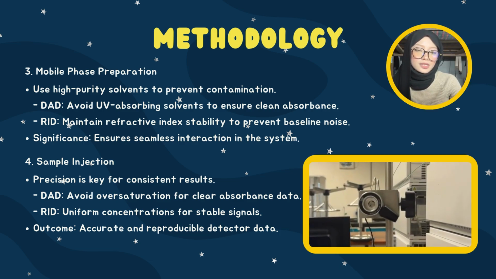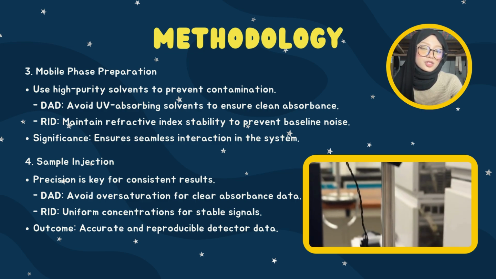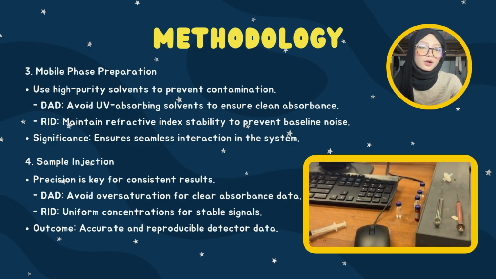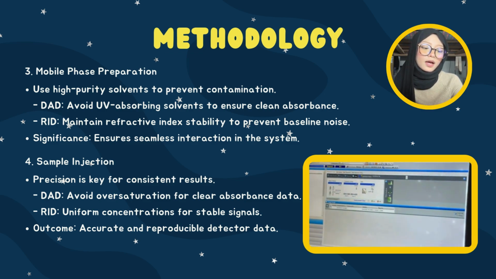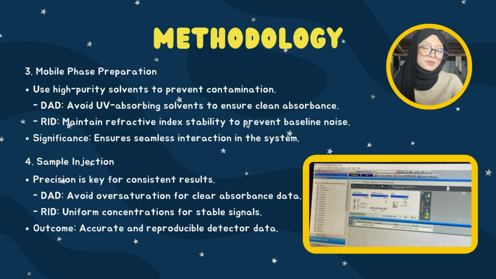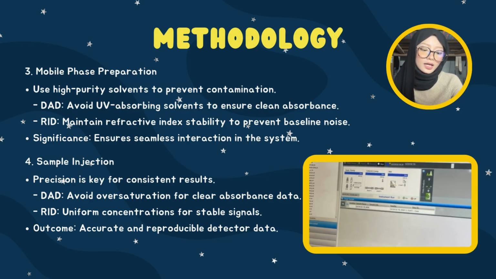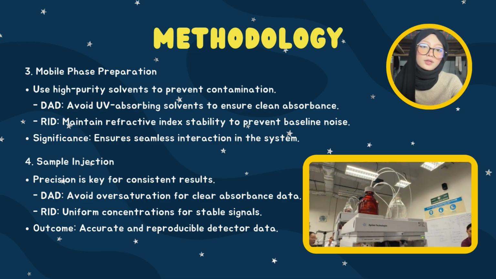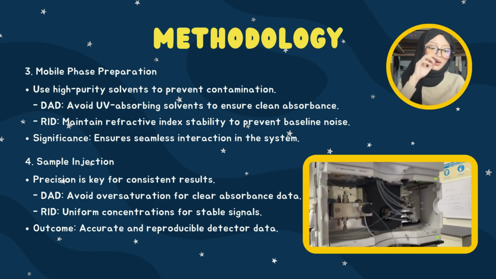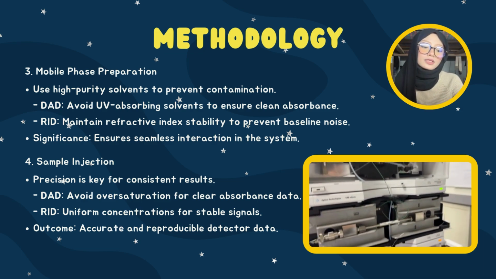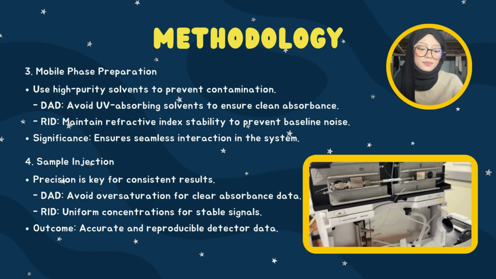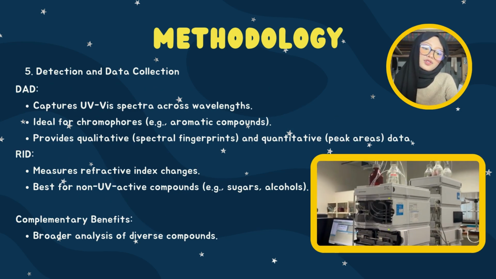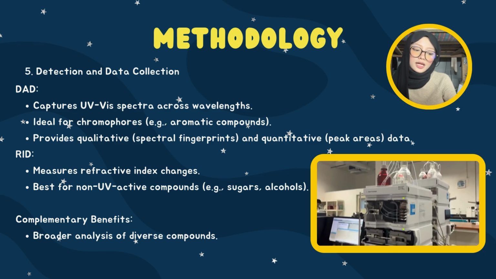The prepared sample is then introduced into the system through sample injection, where precision is the key. Accurate injection volumes prevent oversaturation for DAD, ensuring clear and consistent absorbance data. For RID, uniform concentrations are necessary to maintain a stable and reproducible signal. This step directly impacts the accuracy of the data collected by the detectors. Once the sample moves through the system, it reaches the detection and